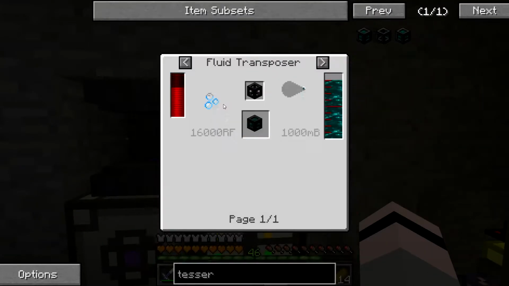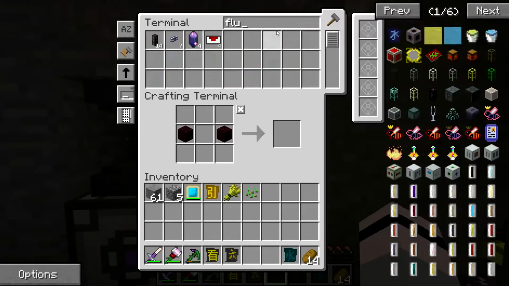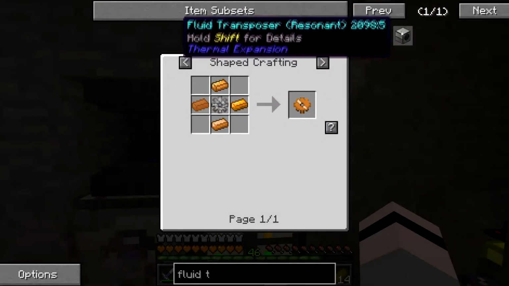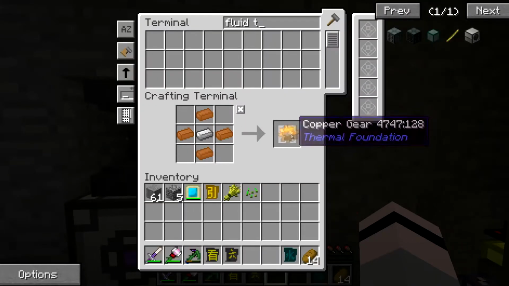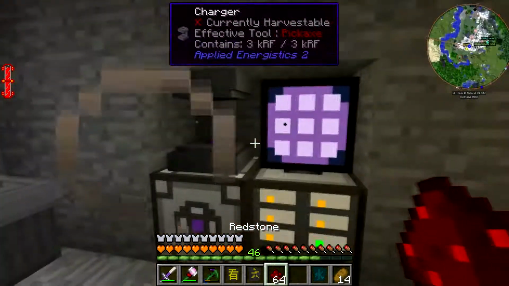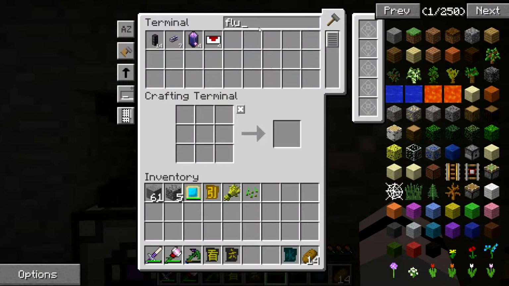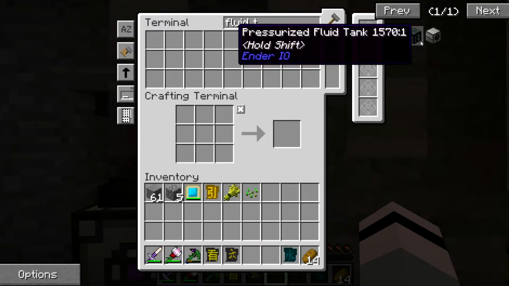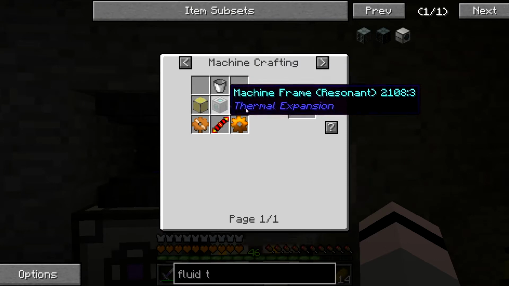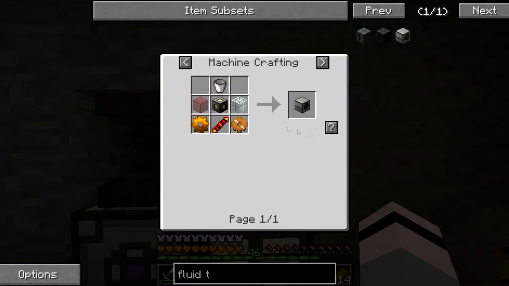I can't remember what it was. Fluid? Yeah, fluid transposer. So fluid transposer. Okay. So we need copper gears for this. 1 and 2. Another redstone reception core with no redstone. Fluid transposer. We're going to need the tin gear, which can then go into that, which can then hopefully make